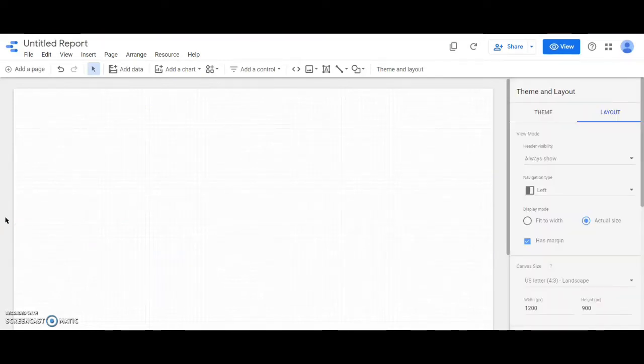So here it is. What you see here is the report canvas, and this is where all the work is going to happen, right? We have all these options around that are going to help us with the report. You can give your report a name from here. As for me, I'm going to name my report website performance.